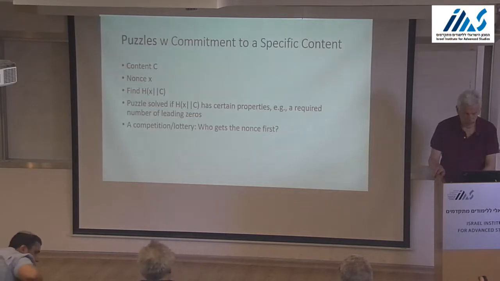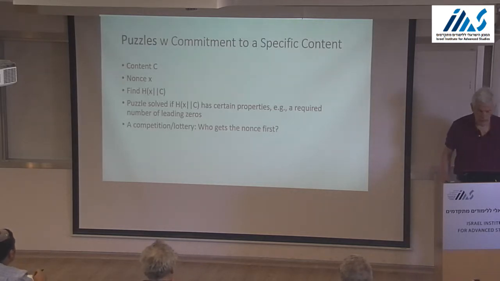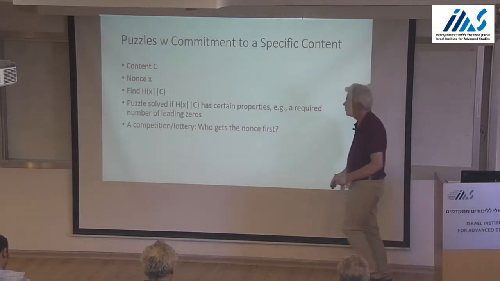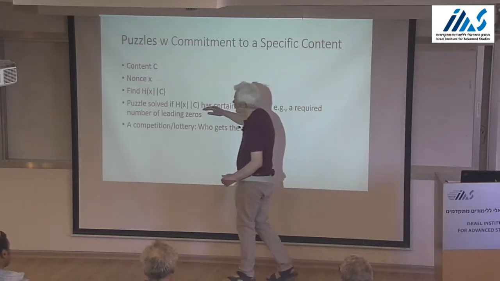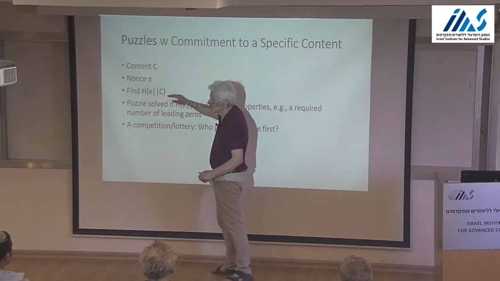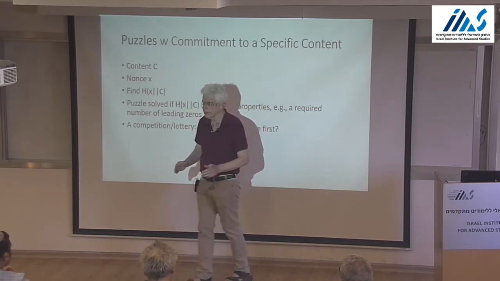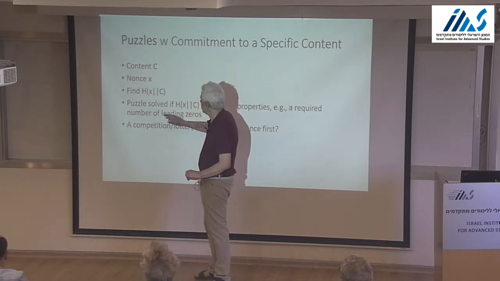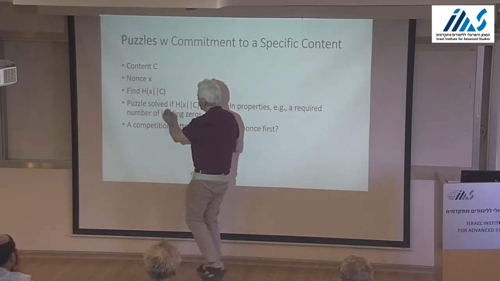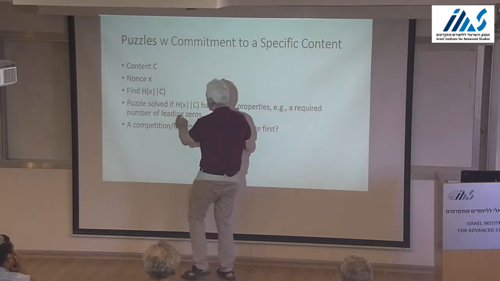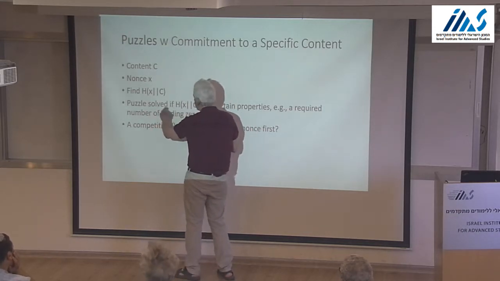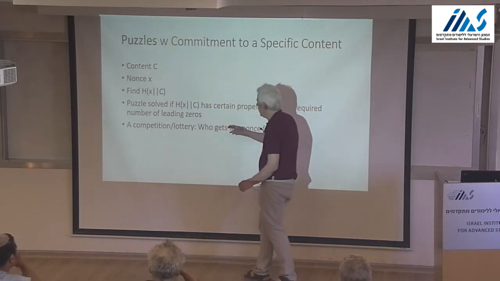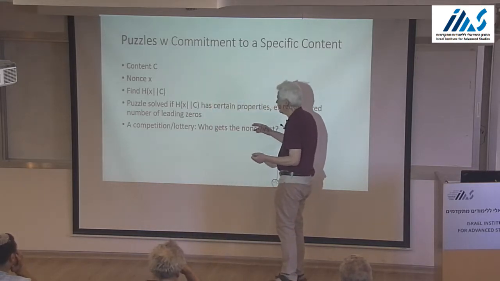Okay, let me talk about another application, which is the puzzle. That's used in Bitcoin, but it's a good place to talk about it. You have content C. You have a nonce. A nonce is a number that occupies a certain field. And you want to find the hash of this combination. So there's one field for C, another field for X, and you hash both of them. And you call the puzzle solved if this H, the hash of this, has certain properties, such as a certain